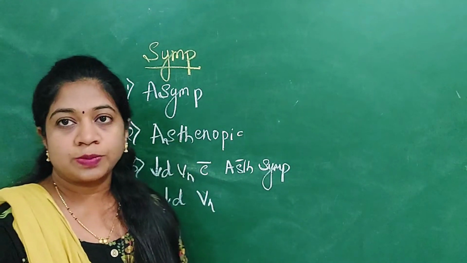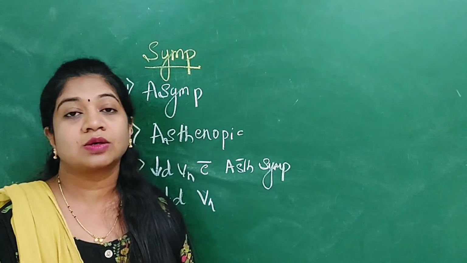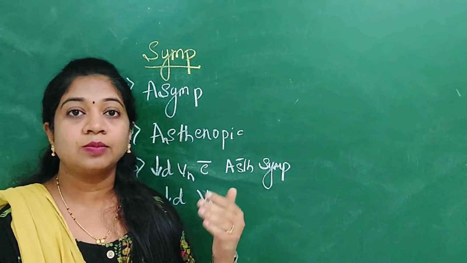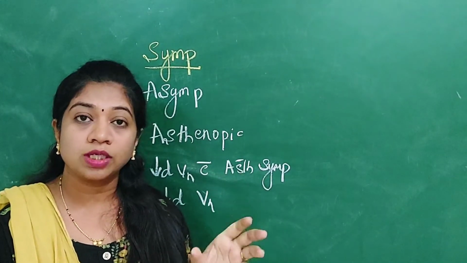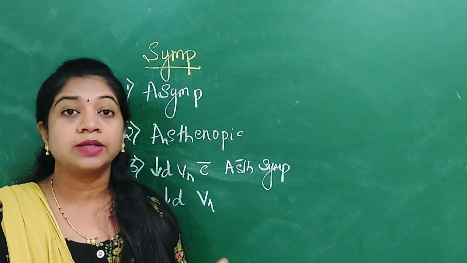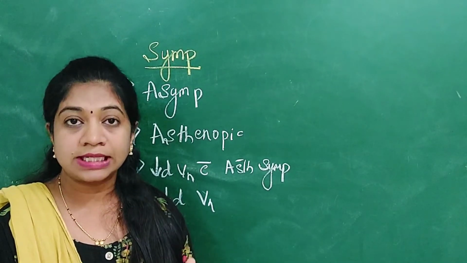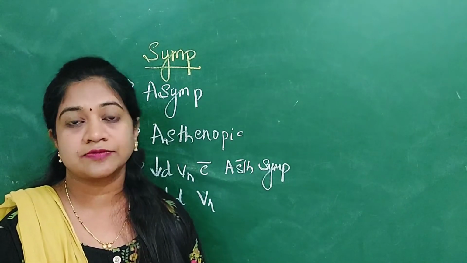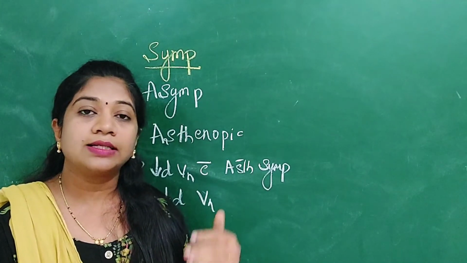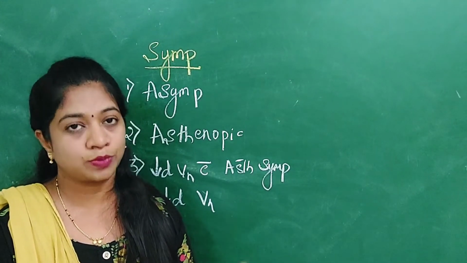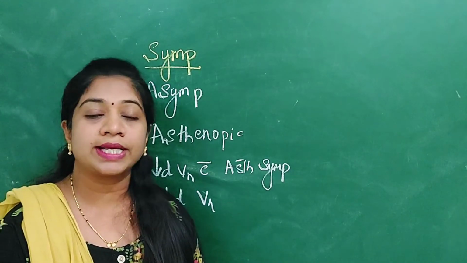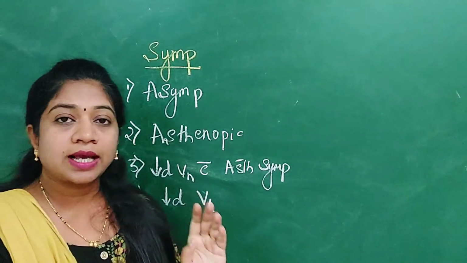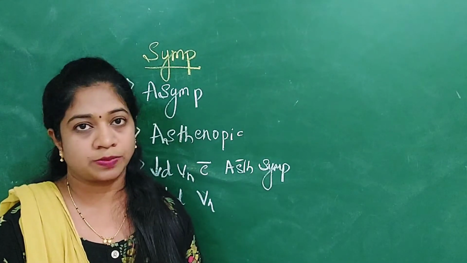Second is the asthenopic symptoms like tiredness of the eyes, frontal headache or watering of the eyes. Whenever the patient has a little more hypermetropia, they try to overcome it by exerting more accommodation. They will have to constantly exert more accommodation. So there is tiredness of the eyes, frontal headache and even watering, and these symptoms become aggravated as the day progresses and when they are more engaged in near work. So those are the asthenopic symptoms.